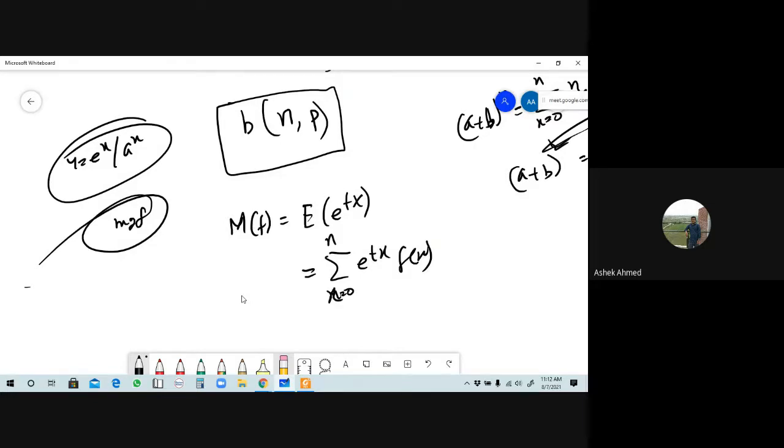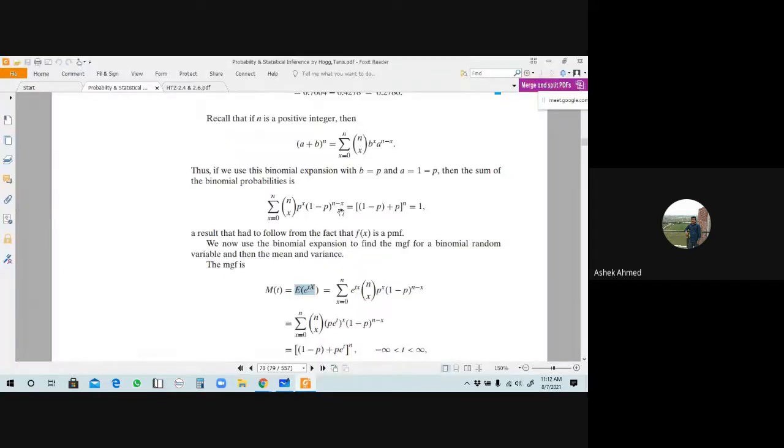Values of x here. Okay, we will substitute this here. Now we know the values of f of x. What is the value of f of x? This is the value of f of x, the probability mass function of the binomial distribution. Okay, so this is the value of f of x. From here,